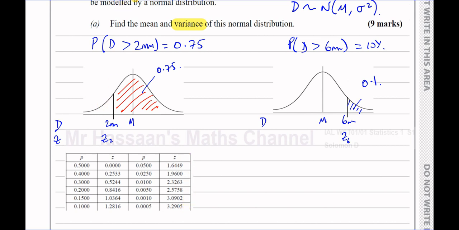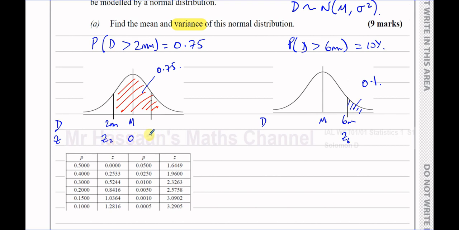Now, this is symmetrical. So there's going to be somewhere over on this side, which is going to be exactly symmetrical to that. And the area to the right of this is the same as the area to the left of that. And this value, in terms of Z, is going to be exactly the same as that value, but just negative, because here this is 0 in our standardized value. The mean is 0 in the standardized form. So this table represents when you have a mean of 0. Therefore, this value here and this value here will be the same numbers, but this will be negative,